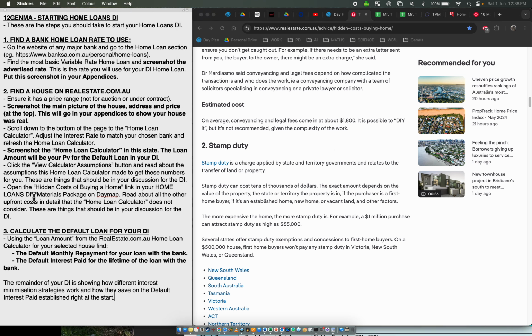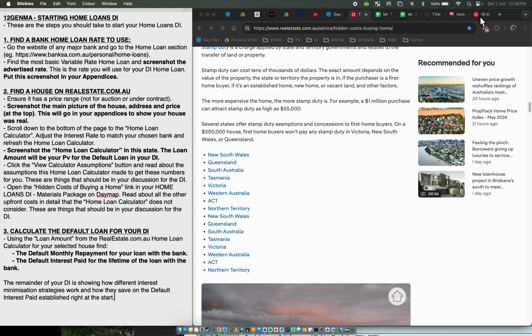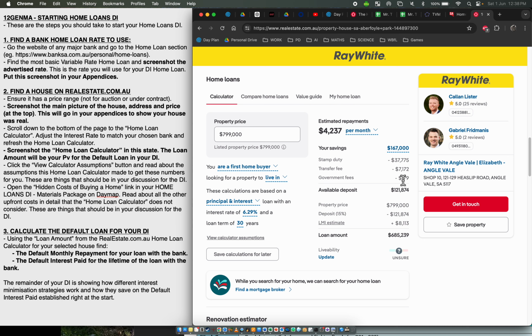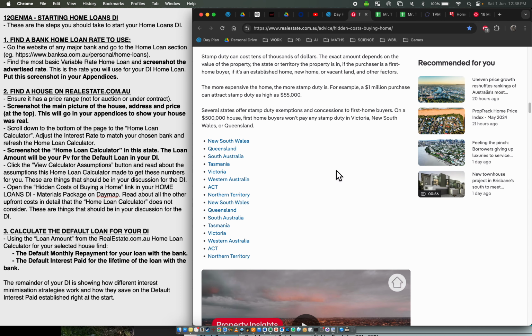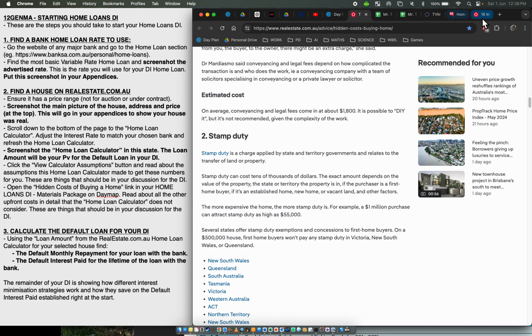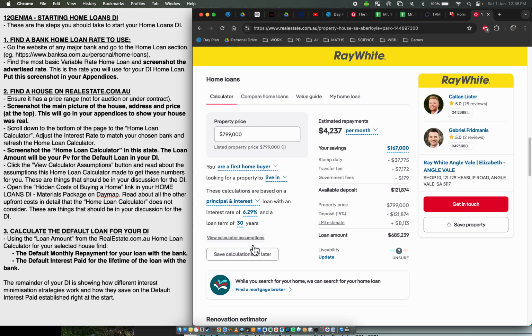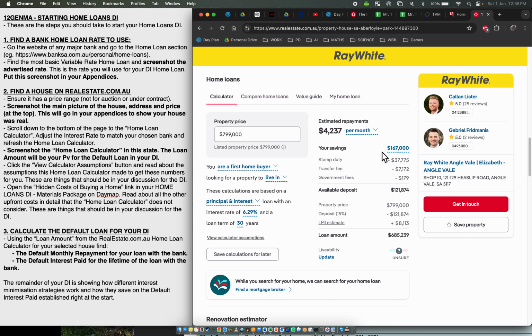So once again, you open the hidden costs of buying a home link, which is this. Read about all the other upfront costs in detail, because this calculator didn't tell you what these things mean. It just tells you how much they cost. This explains what those things are. These are things you could discuss in your DI for assumptions and limitations. All right. So clicking that and clicking this is for your discussion part of your DI,